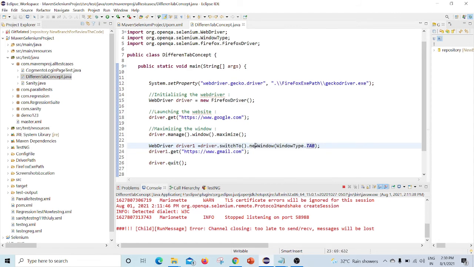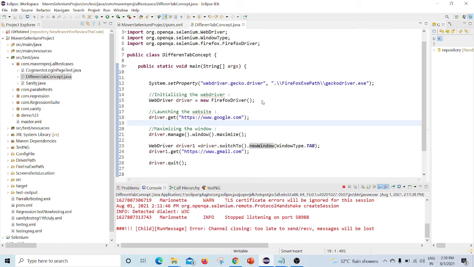This is the new feature from Selenium 4.0, so you have to use this new window feature. Whenever I use new window type tab, it will open another new tab, and in that tab it will launch gmail.com. So let me check whether it is working or not.